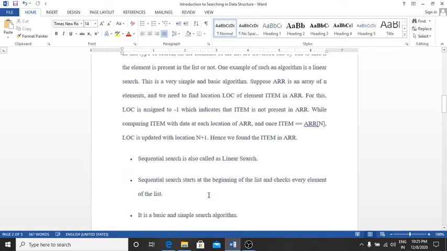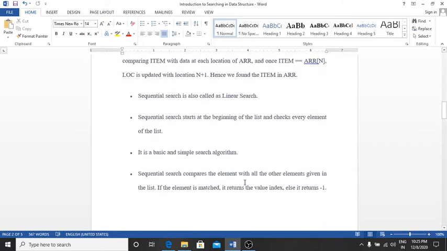The sequential search is also called the linear search. The sequential search starts at the beginning of the list and checks every element of the list. You know that in the sequential search technique we use the array, starting from the beginning of the array and checking every element of the list.